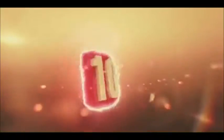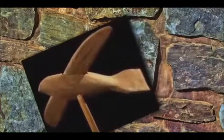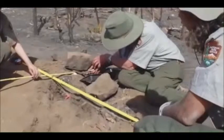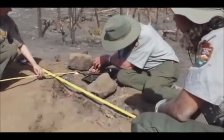Number 10. The ancient Egyptian glider. This small wooden object, also known as the Saqqara bird, was found near the city of Saqqara, Egypt in 1898, 5 years before the invention of the airplane. This was believed to be a sacred object since the god Horus takes the form of a falcon. This glider makes many historians wonder if the ancient Egyptians designed the first flying aircraft. A replica model was tested and it flew quite well, surprising